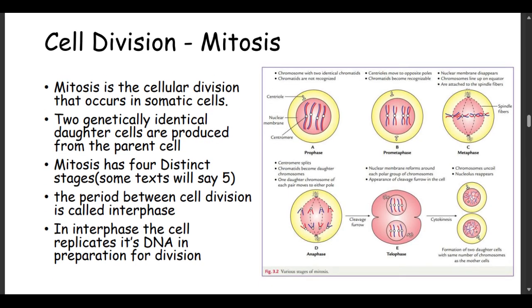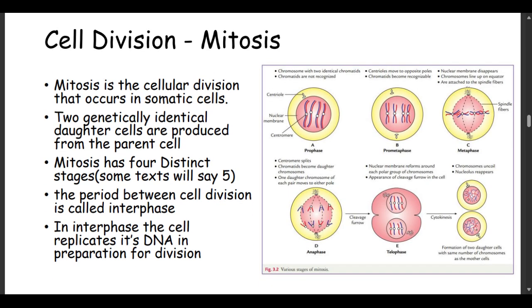Okay, so cell division is now the main focus, and we are going to go over these stages as quickly as we possibly can. So cell division, we have two types, mitosis and meiosis, and we're going to start with mitosis that occurs in somatic cells. And in this particular type of division, two identical daughter cells are produced